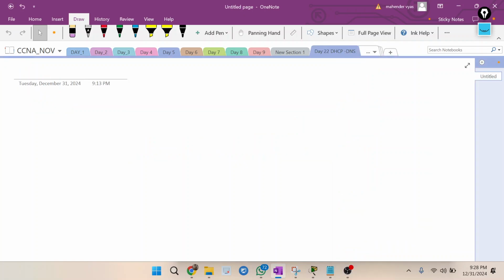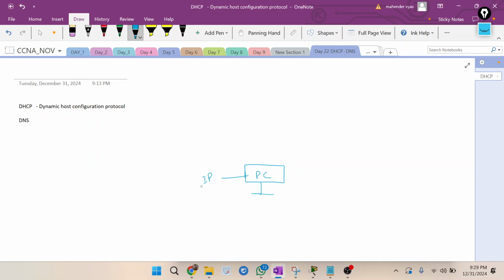Now we have things like DHCP, then DNS. What is DHCP? Dynamic Host Configuration Protocol. See, till now when we have a PC, suppose I have one computer, this is my PC. This PC needs one IP address, right? Till now we were giving IP addresses manually,